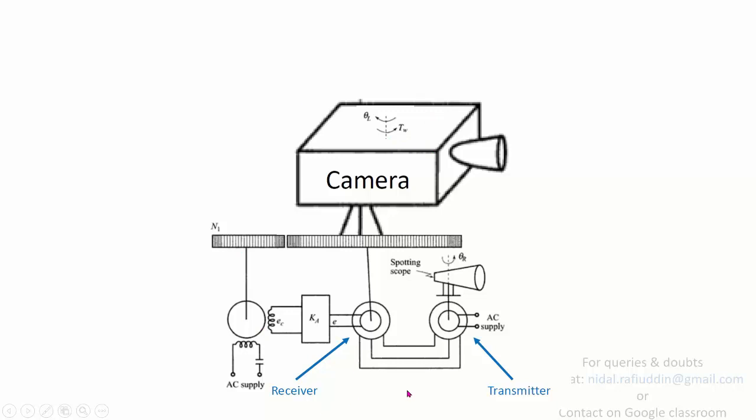So this is how you are going to employ synchros, making use of the error, or the difference between the reference and the actual output, to produce some processes in the plant. So this is all about unit 1.